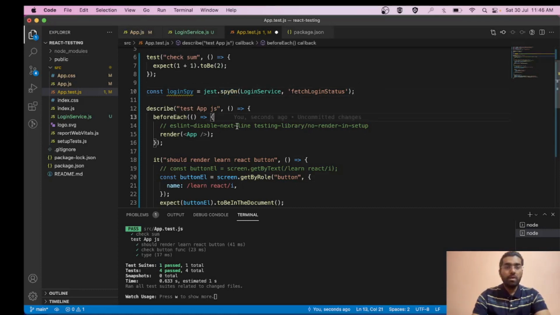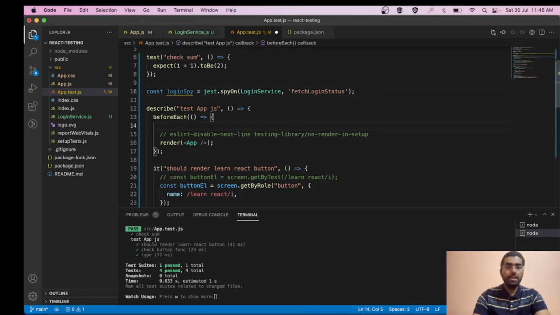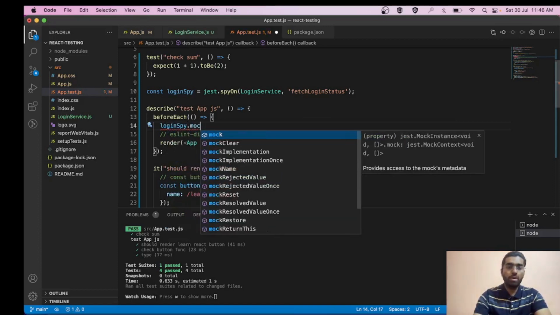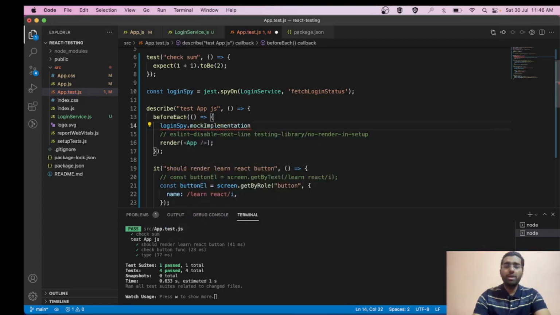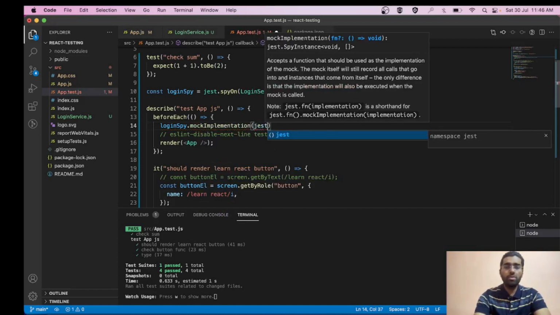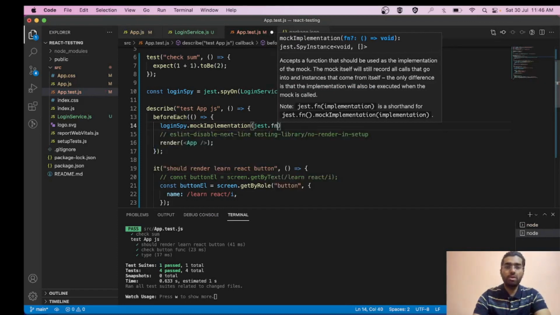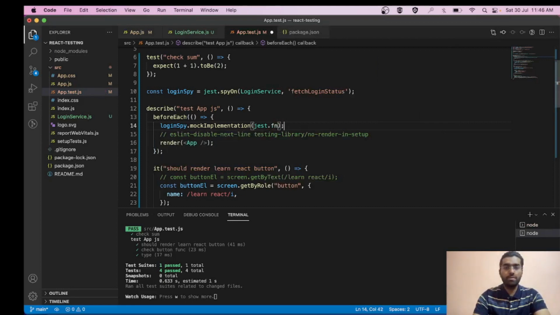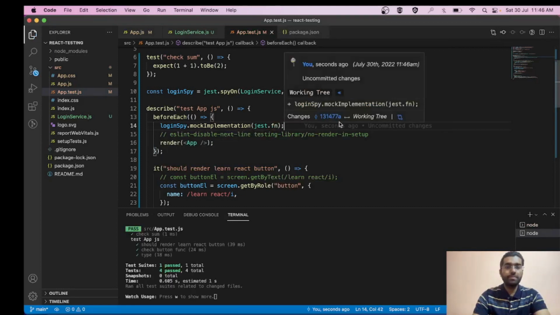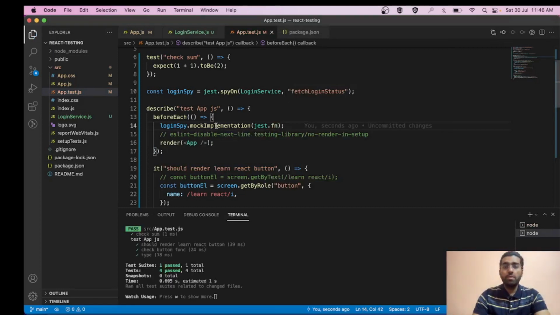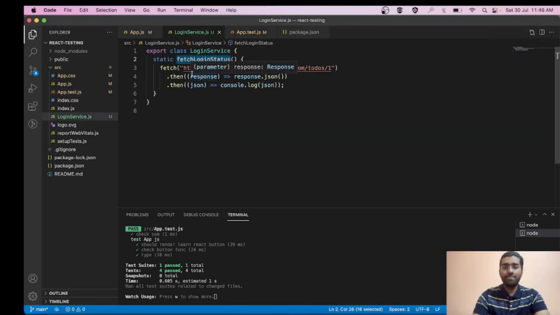Now you can give it a mock implementation, like loginSpy.mockImplementation. You can give any mock implementation of your choice; I will simply be using jest.fn, a dummy function kind of thing. Here I used a simple get request.